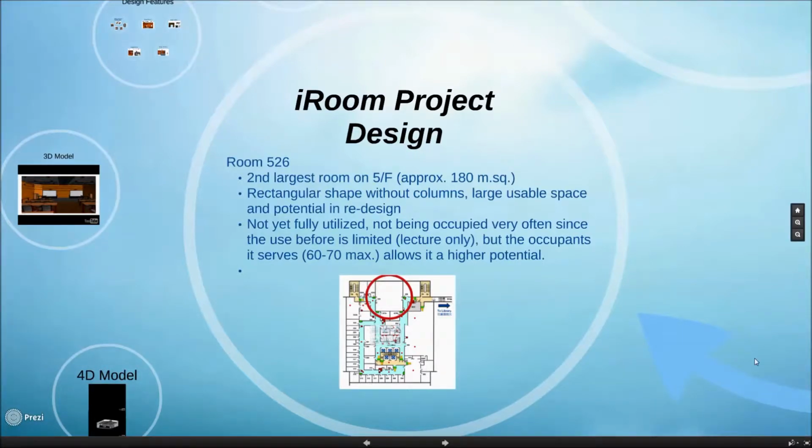Firstly, our project is located at room 526 on the 5th floor of Nose Building. It is the second largest room on the 5th floor with approximately 180 square meters. The advantage of room 526 is that it has a rectangular shape without columns, with a large usable space and